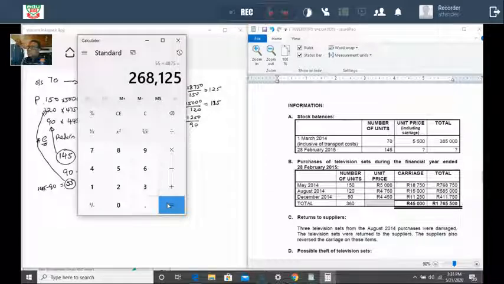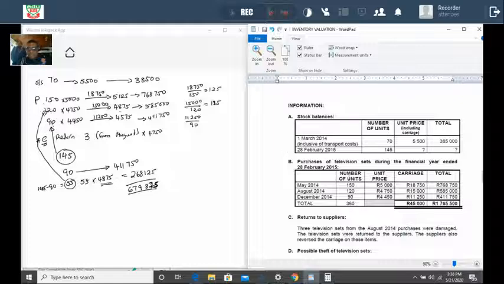So what you see here that is very, very important is that you don't forget to put the carriage on when you are going to the next unit, because we're using first in, first out. So the first goods that we bought were sold. So the closing stock will be the last goods. That's why I started with 90 and I used the 55 here. Okay, now we're going to look at the next question,